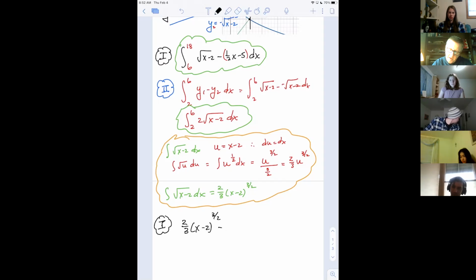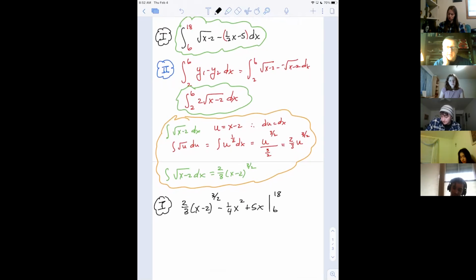Got to raise this power from 1 to 2, divide by 2, not multiply by 2, divide by 2. Yeah? 1/4 x squared. Fourth. And then that's really a plus 5, so that'd be plus 5x. And the integral is now taken, so evaluate that at 18 and 6. And notice